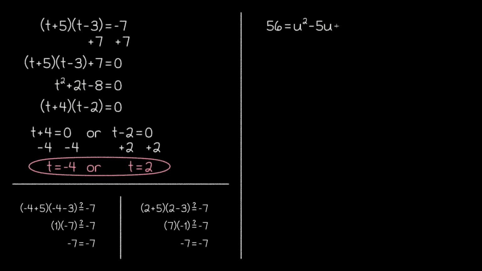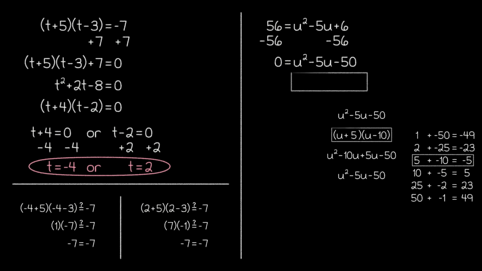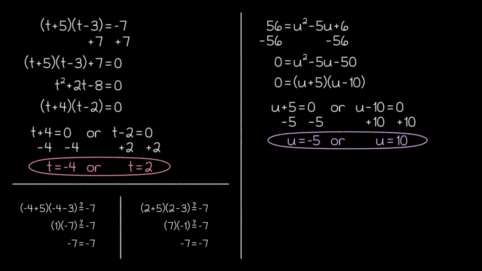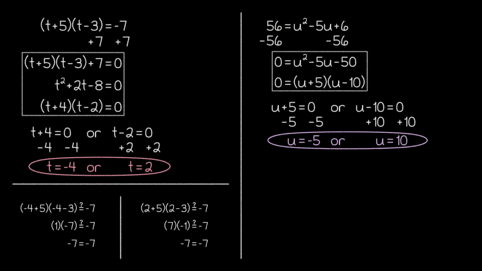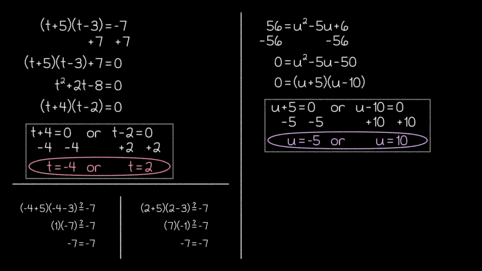In general, no matter what kind of quadratic equation we're given, we can solve using the factored form by following 4 main steps. The first step is to get one side of the equation equal to 0. The second step is to factor the quadratic expression on the non-zero side of the equation. The third step is to apply the zero product property. And the final step is to solve the new equations.